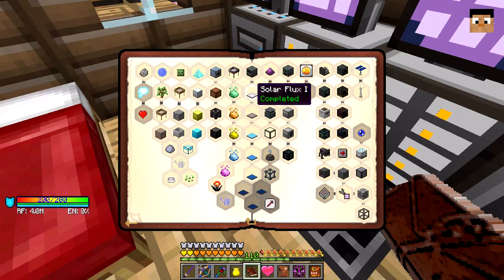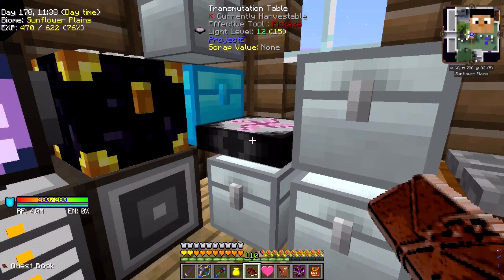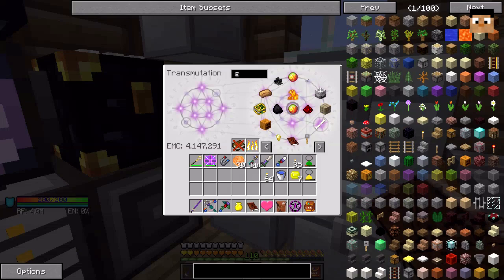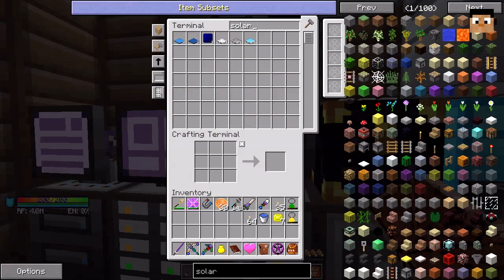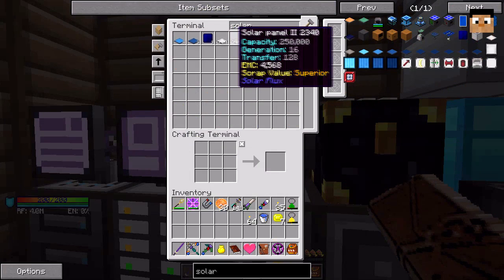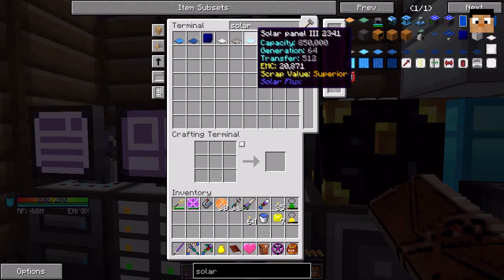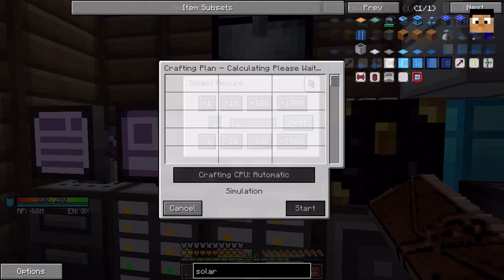Because unfortunately, I think it's up to this level or this level that are EMCable, so we can actually get them from the Project E table. I just type in solar. Oh no, none of them are. That's odd. I thought one of them was. Let's have a look. Oh yes, the bottom three have EMC values. So if we craft one of those,